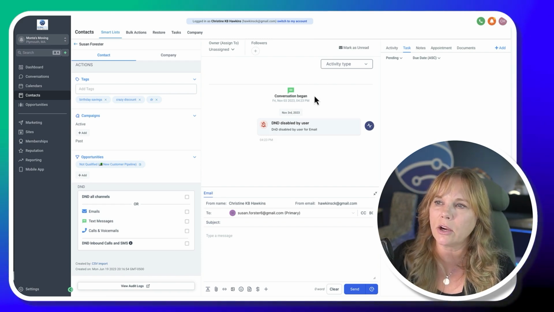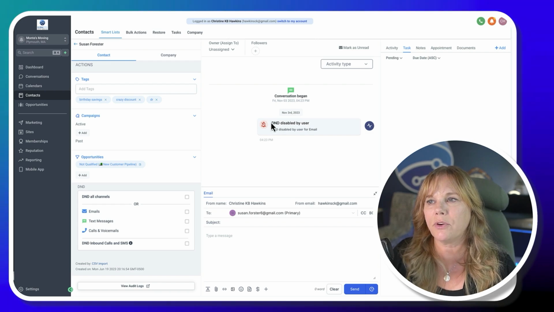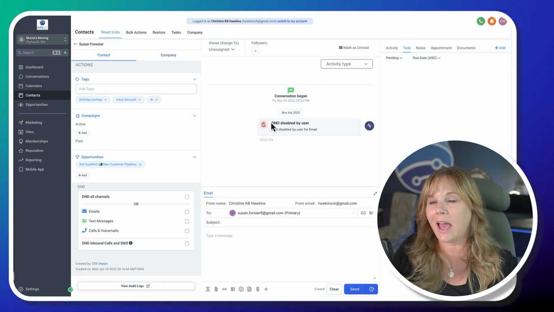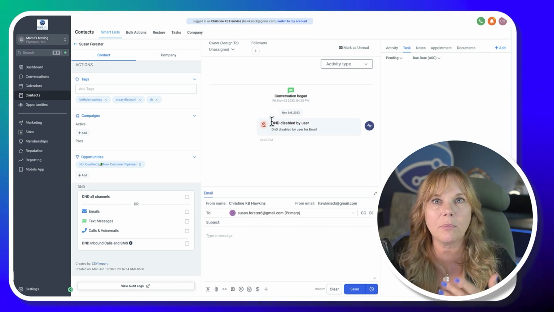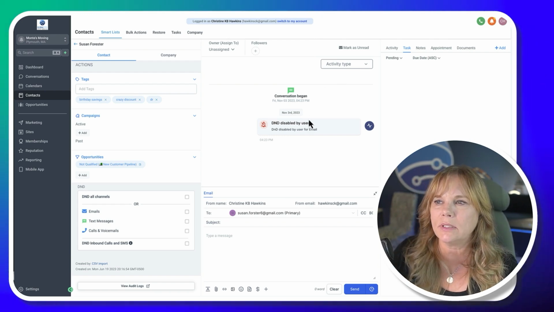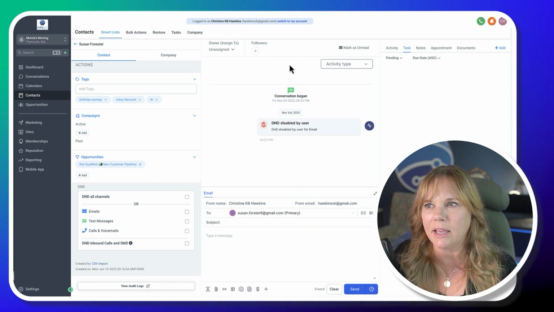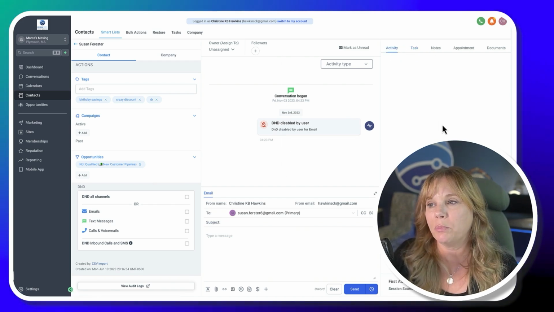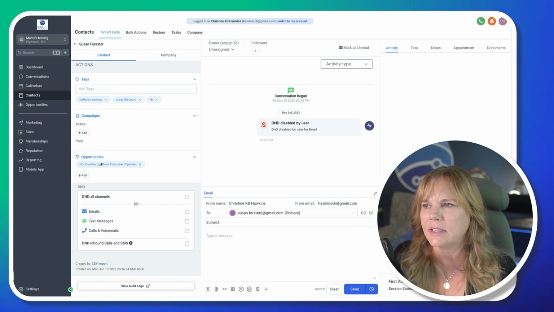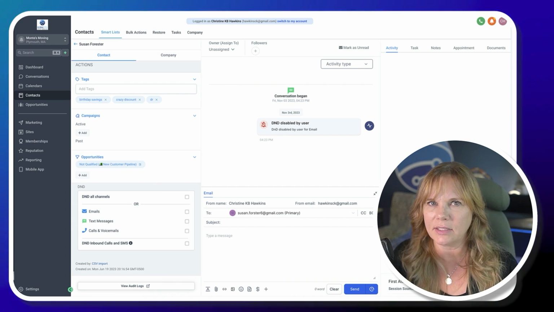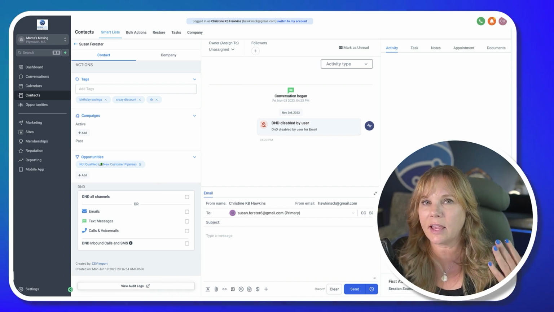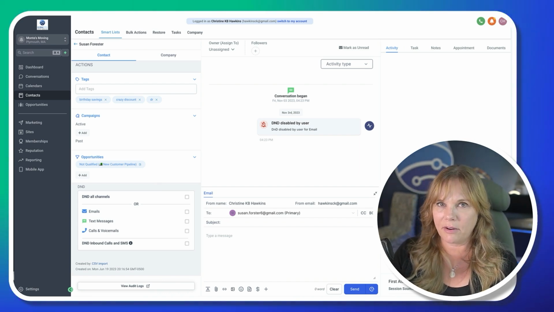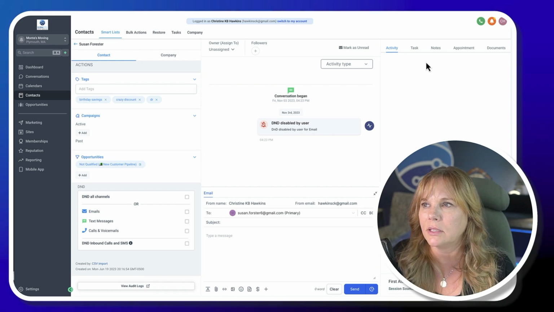You can see here, as things occur, different conversations, different activities that happen for every particular contact, you would see all of that happening in this kind of activity here. Now you can come here, which I would prefer. I'm kind of not digging that this is happening here, but you can see any activities that have occurred. And what you'll see is they have filled out a form, maybe they made a phone call, they clicked a link, and a lot of that will show up in the activity.